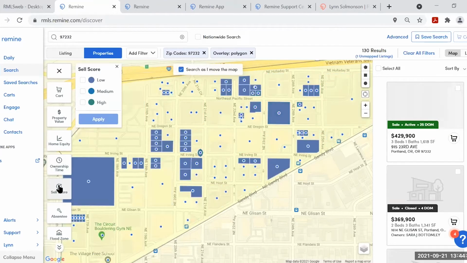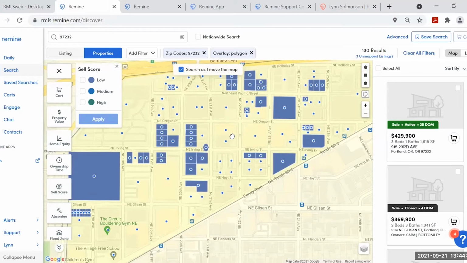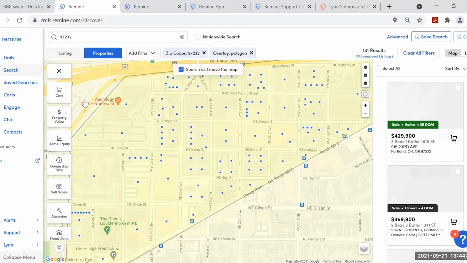Okay, sell score. So some are going to be marked low, some medium, and some high. That help document I was referring to tells me that high means the property is more likely to sell within 6 months to 1 year than other surrounding properties. Medium would be the property is about as likely to sell within 6 months to 1 year as surrounding properties, and low means the property is less likely to sell within 6 months to a year. Again, that training document has more detail on how they make that calculation. And some properties in this particular area aren't marked, so there may not be quite enough information for their computer program to make that determination.